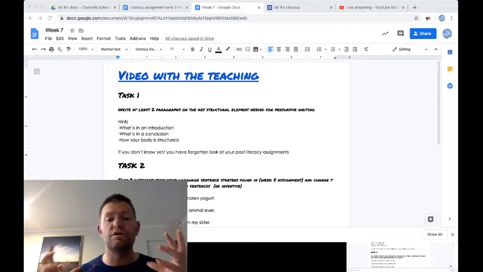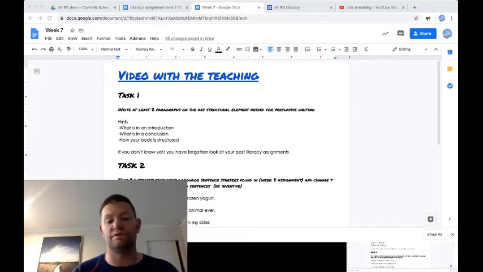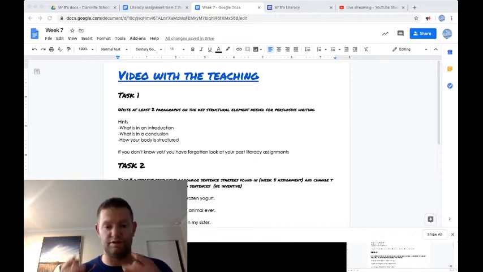So what you need to do is write 2 paragraphs on the structure of a persuasive piece of writing. You write details about how to structure a piece of persuasive writing. So an example might be, when structuring a persuasive piece of writing, you start with a hook at the start of your introduction. You then go on to, and you would write all the different parts that you would put in an introduction. And then you'd obviously have multiple paragraphs, but then you would talk about what are the parts in